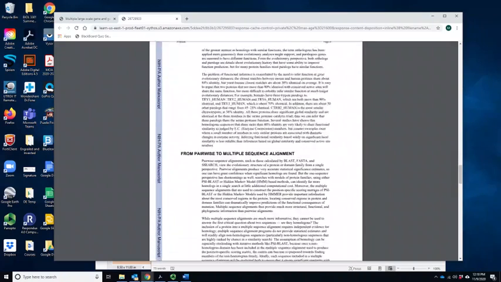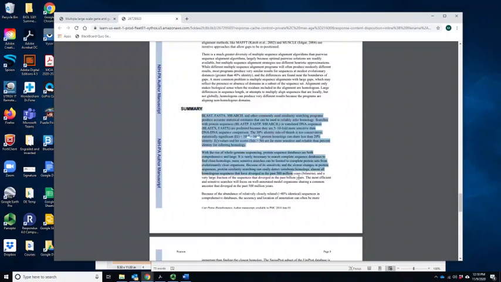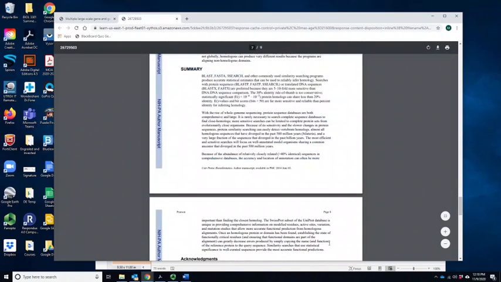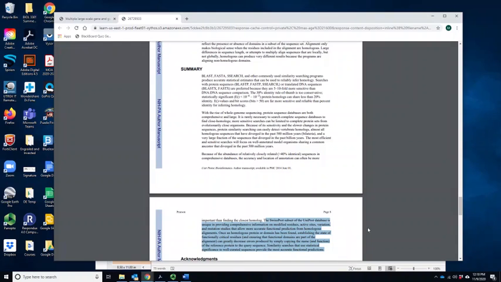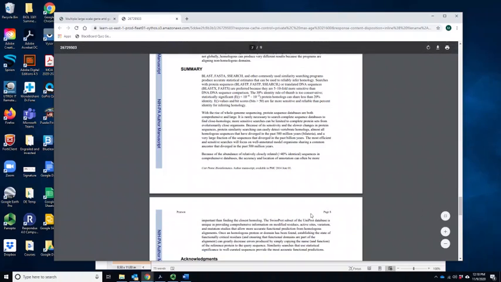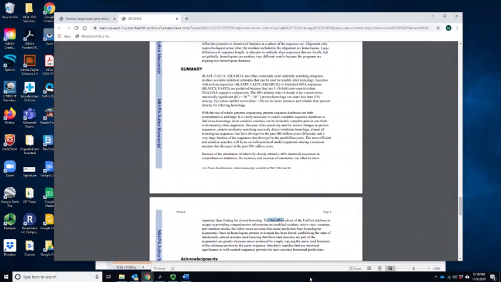Okay, that covers it. The summary here does a very good job, hits many of the points that I talked about. It gives you a little bit more information, particularly about methodologies or databases that you can use to look for similarity between sequences and particularly similarity between domains, which is what the CISPROT website does. Again, probably not really relevant unless you're looking at a project or research assignment where you are trying to assess whether or not genes are similar just by chance, or parts of those genes are similar just by chance, or they were inherited from